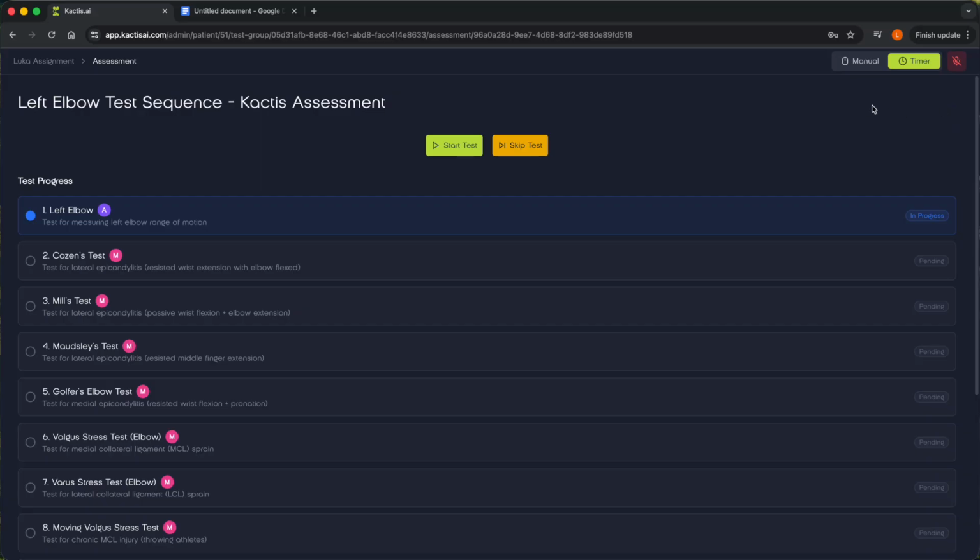And the second feature that we have is this countdown timer. So once you complete a test and it brings you back to this page, a countdown timer will start, which will count down, and once it gets to 0, it will start the next test automatically. So let's turn on the voice commands and show you how they work. So let's say I want to do this left elbow test. I can say start test,